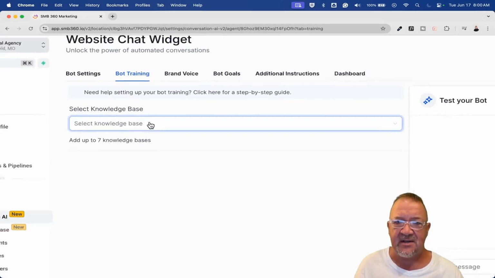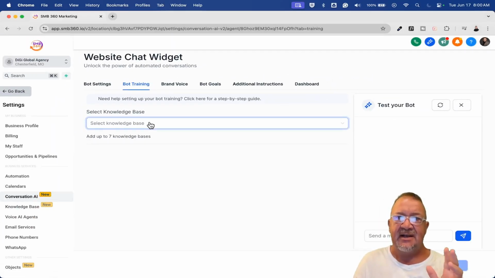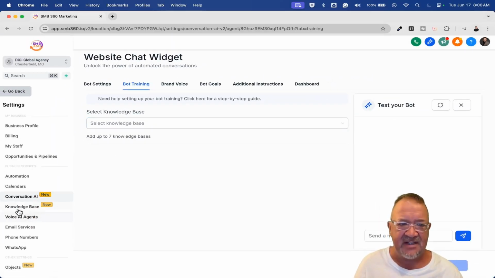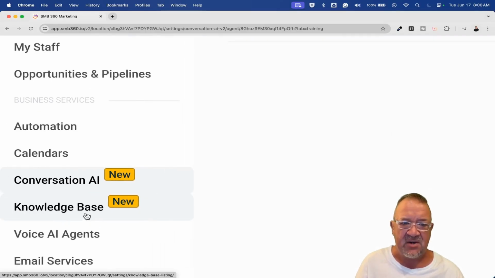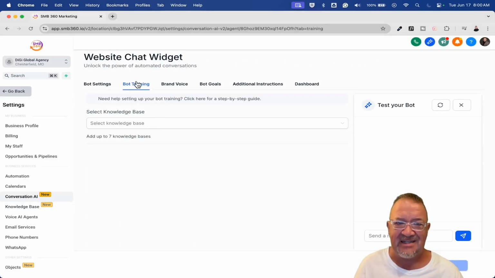Now here, first of all, let me help you understand knowledge bases. If you take a look over here on the left-hand side, you'll see that we do have this new feature called knowledge base, if you haven't seen it. Now, I'm going to go here real quick and show you. But one of the things I want to show you before I do is inside of this bot training,